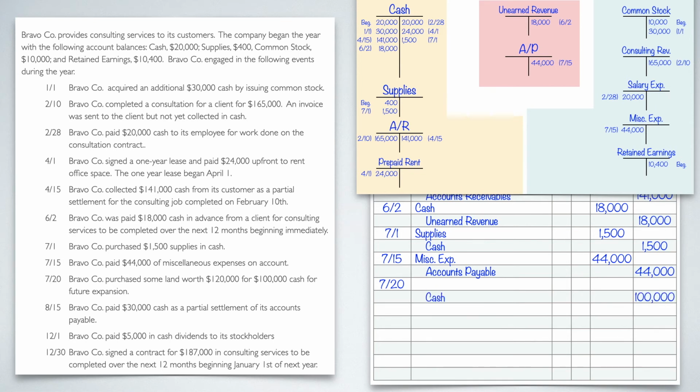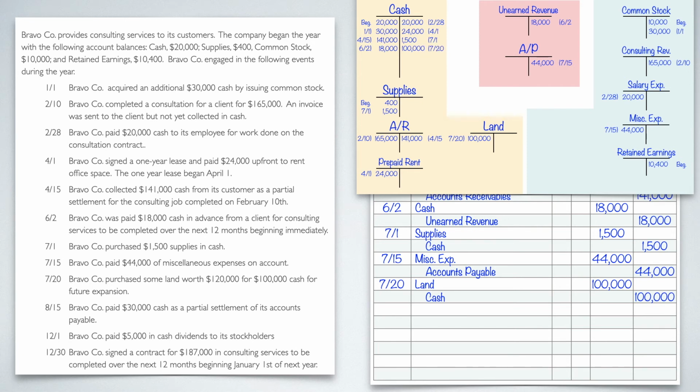So $100,000. And then on the debit side, what am I getting in return? I'm getting land. And that land, I'm going to put, again, keep it as $100,000. I want to make sure my debit and my credit equal in every single one of these. So that's what it looks like. I need to create a land T-table. So there's my land T-table with $100,000 debit. And then I also need to put $100,000 on the credit side for cash.